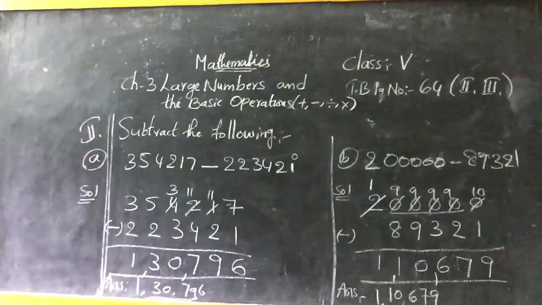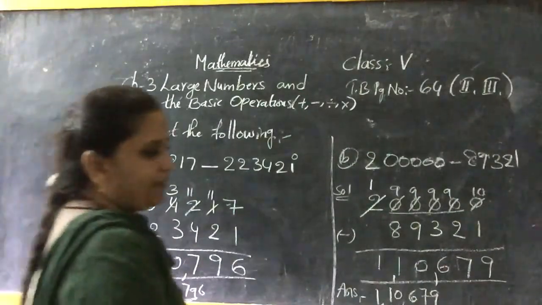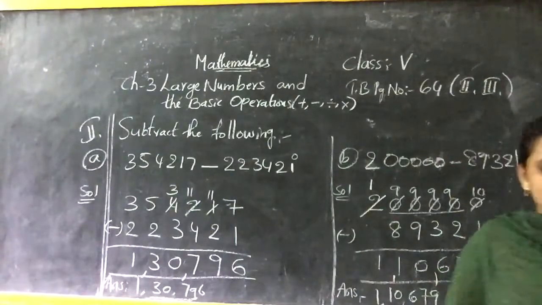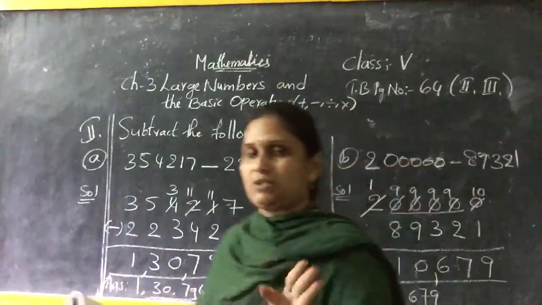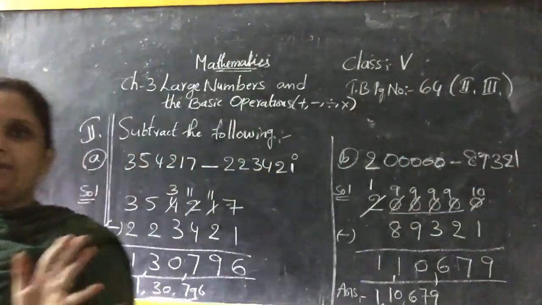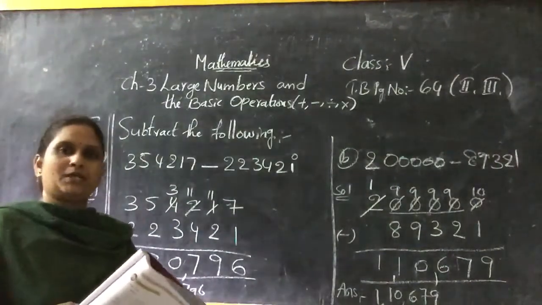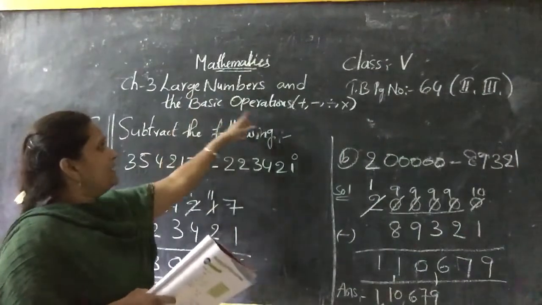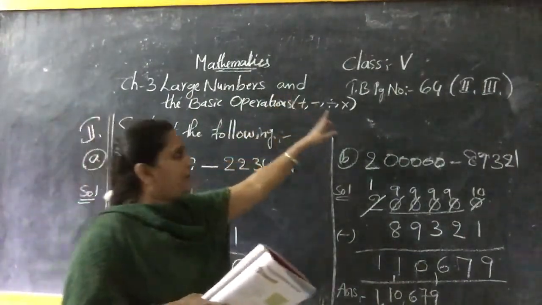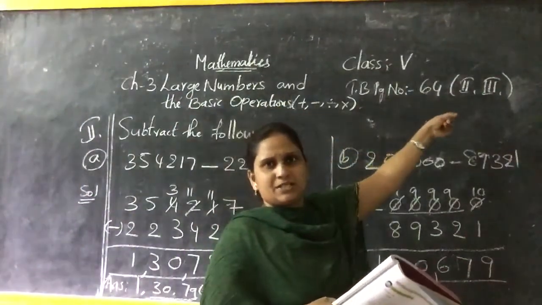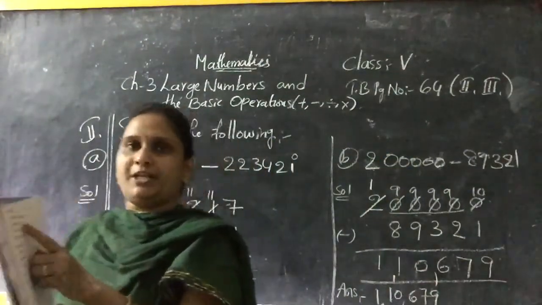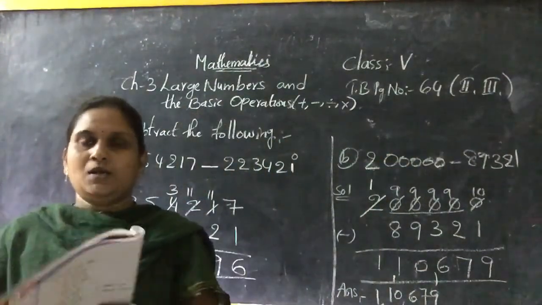Okay, so the remaining sums in section 1, C and D, you have as homework, and in section 2 you have C, D, E, which means 3 sums. So in total 5 sums you will have as homework. In the homework notebook also, children, write the heading, chapter 3, large numbers and the basic operations, and copy the textbook page number and sections also, and C, D like that. Write the section heading and you can do the remaining sums. Okay, so